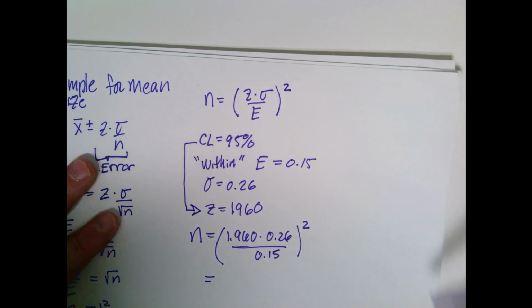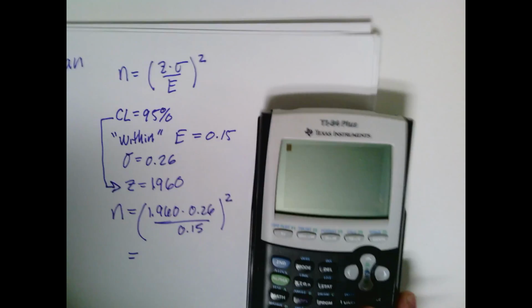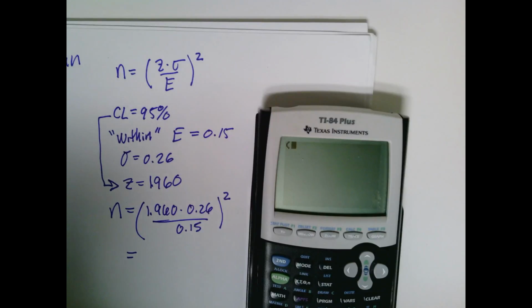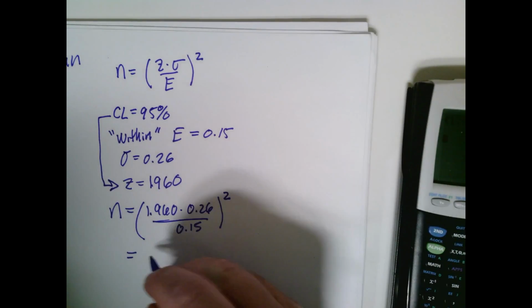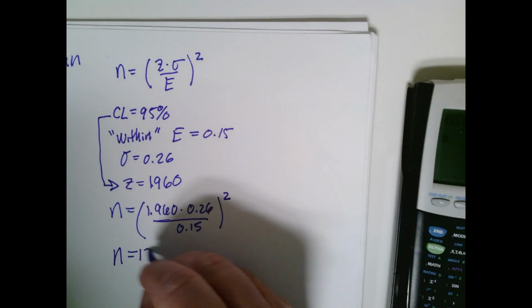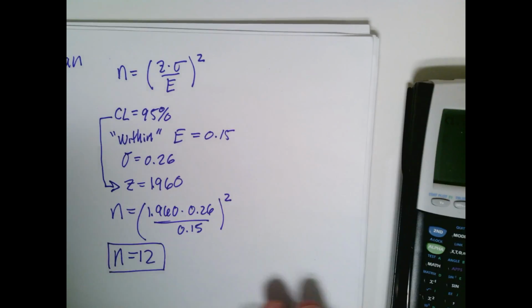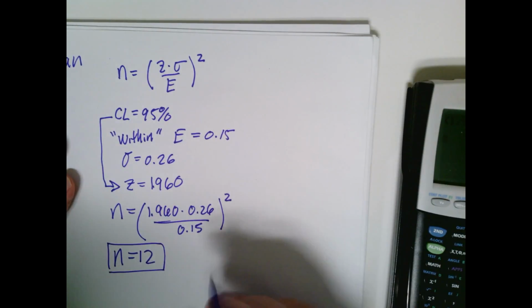Once we've got it written down right, we get out the calculator and plug everything in: parentheses 1.96 times 0.26 divided by 0.15, squared, and we get 11.54, or 12 pizzas, because we're not going to ever try to estimate half of a pizza,